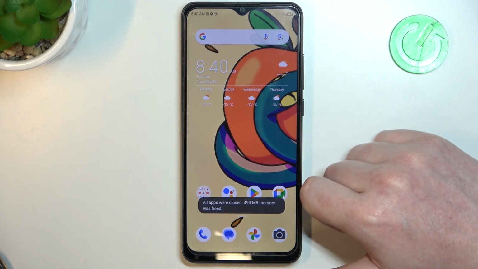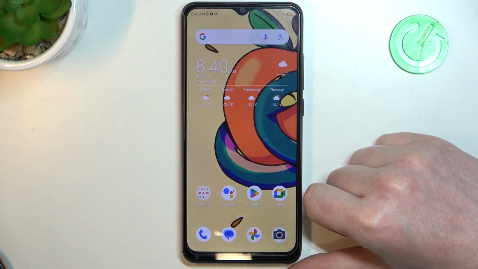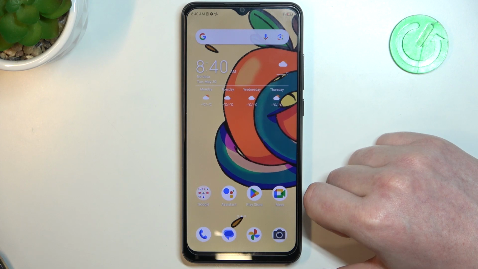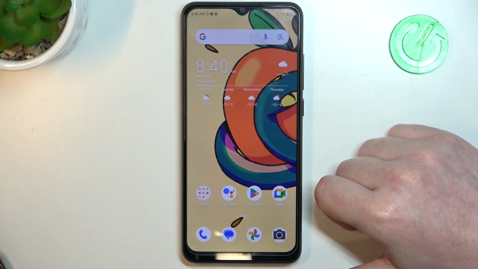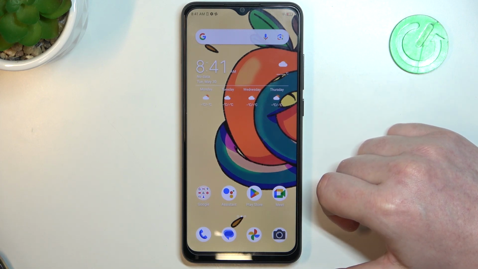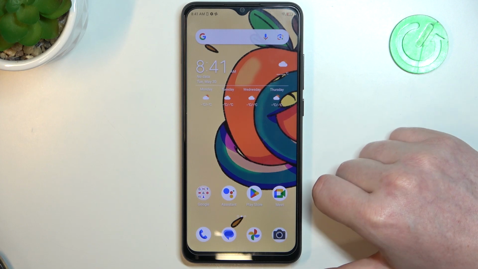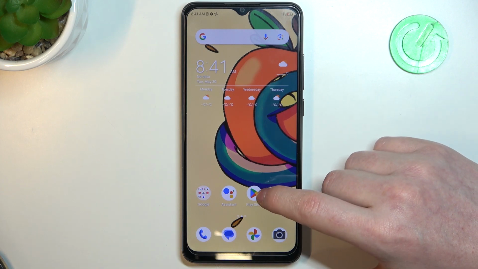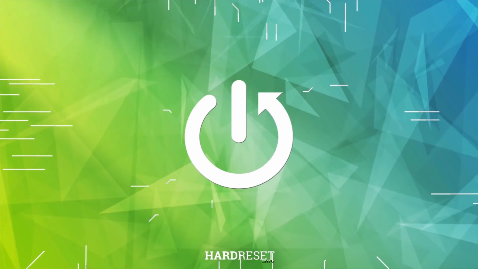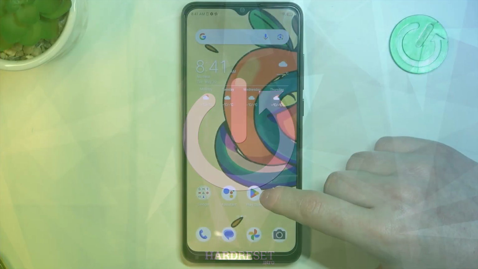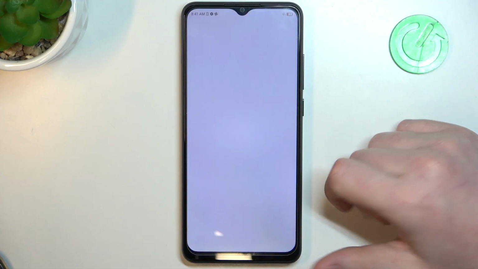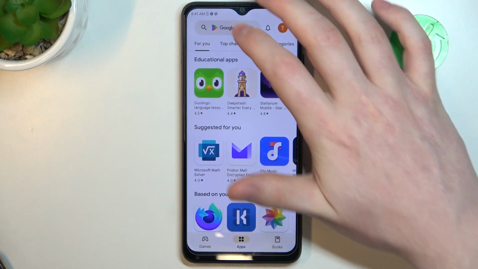Hello, in this video I want to show you how to fix the problem when you want to install games on Google Play Store, but you can't seem to find them using ZTE Blade A53 Pro. And to do this, we'll need to open our Google Play Store, and right here, if we try to find